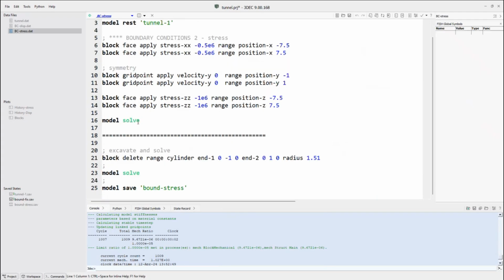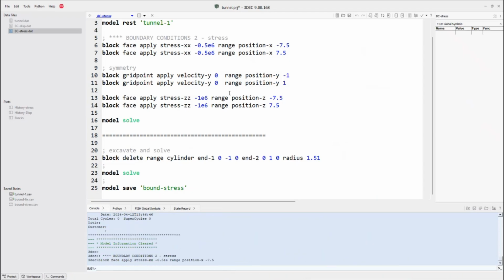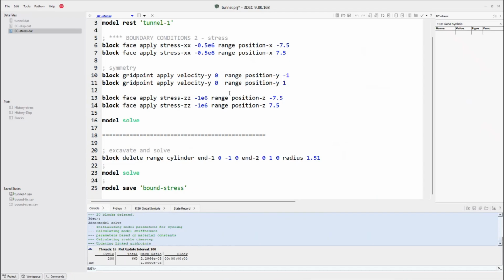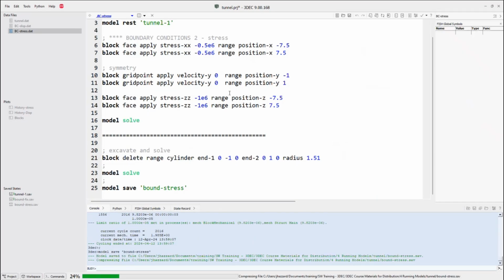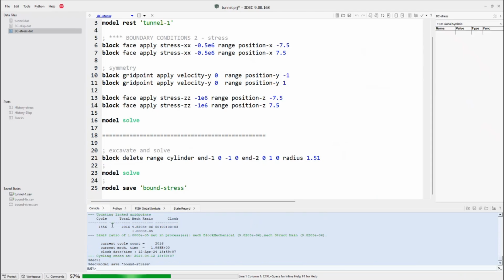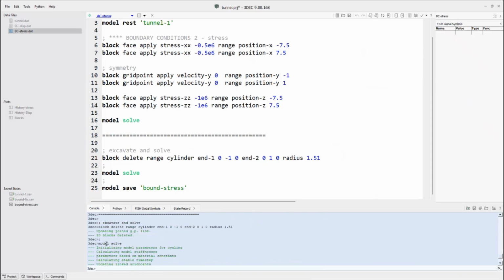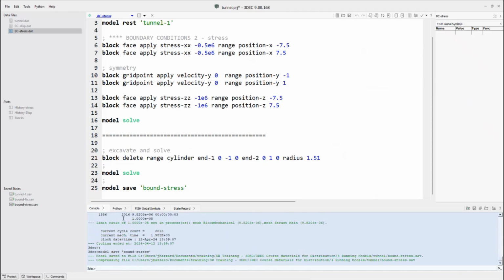We solve that. Again, it should solve in a couple of steps. We delete the tunnel exactly the same way we did before. We solve again, and we save it. So we can run this whole thing. Right, this took a few more steps to solve. We're at about 2,000 here. Let's go look at the plot. So if we go to the block plot,